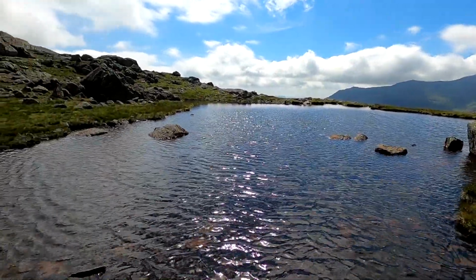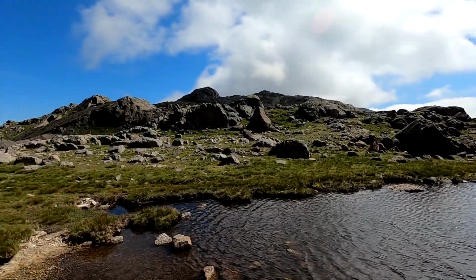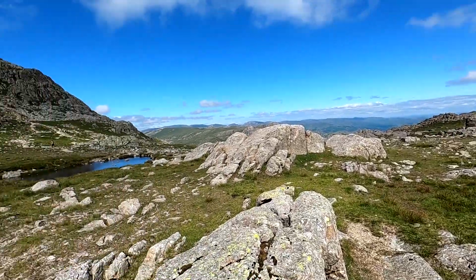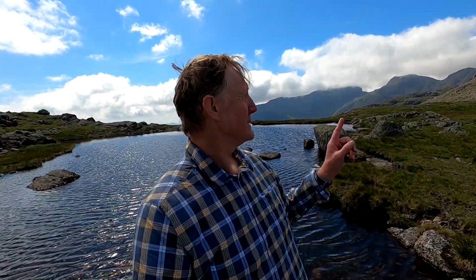And yeah, really nice. Filter worked okay. So here we are. Still got my silly hat on. Been sweating like you won't believe, but glad to have made it so far. There's a young lad just coming past running, just to put my efforts into perspective. Anyway, onwards and upwards. Hopefully I might do a bit more big GoPro when I get to the top of the